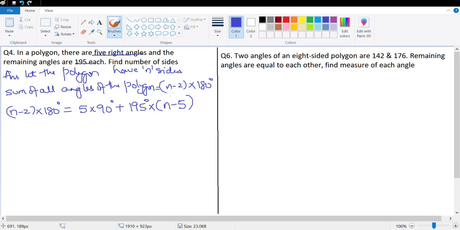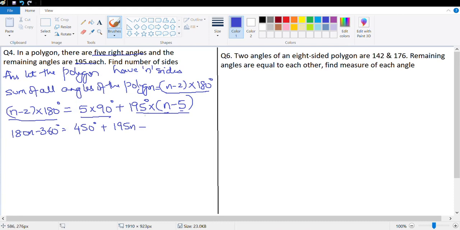Let's look at this formula again. The total sum of all angles is (n minus 2) into 180 degrees, and this is equal to 5 times 90 degrees because there are 5 right angles, and the remaining angles are 195 each. The remaining angles are n minus 5, so (n minus 5) into 195. Let's open the brackets and see how it works. So it's 180n minus 360 degrees is equal to 5 into 90, that's 450 degrees, plus 195n minus 195 into 5, that's